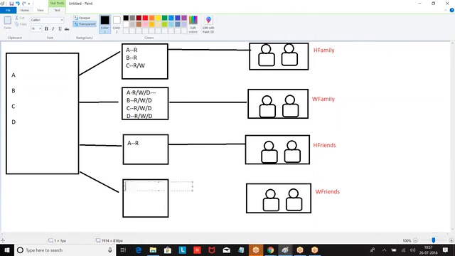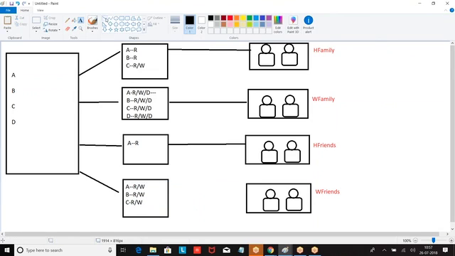Now, what do they have? What happened? The same house is displayed to different groups of people in different ways. Same house, for different groups of people, it is displayed in different ways.